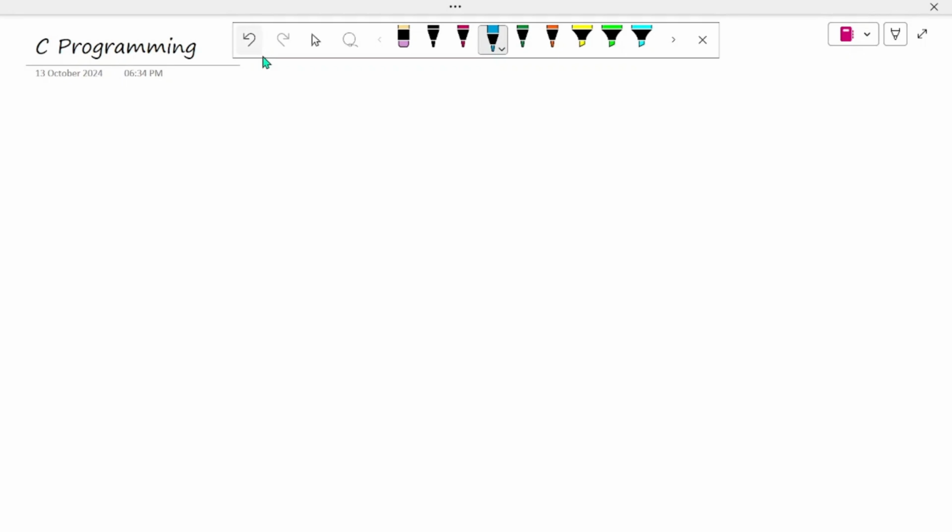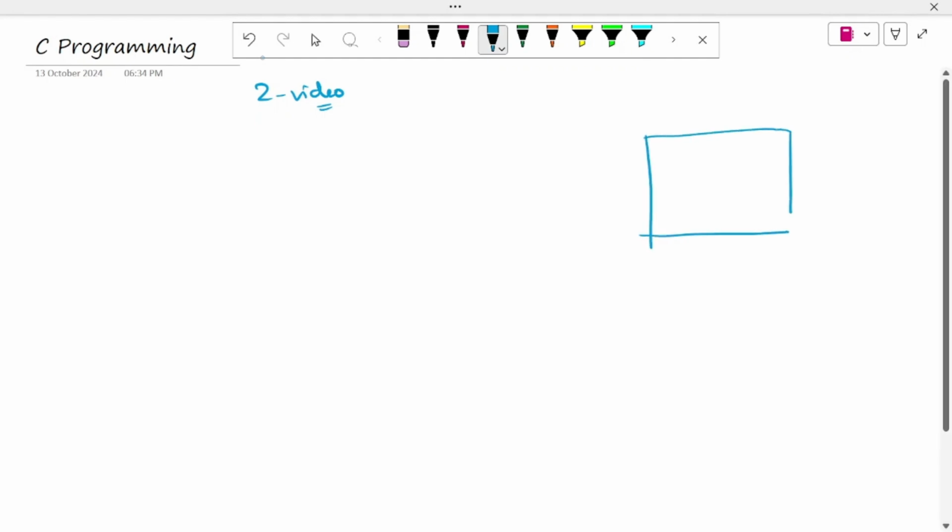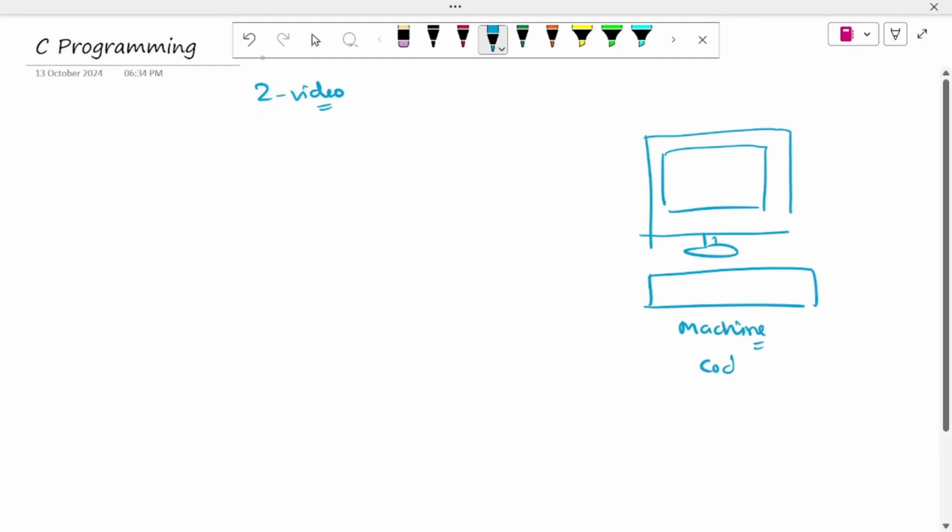This is the second video on C programming, and we are going to start with the very basics of C program. Before understanding, you need to know that any system, imagine that this is a system and we call it a machine. It can understand only machine code. A machine can understand only machine code. This is known to us,